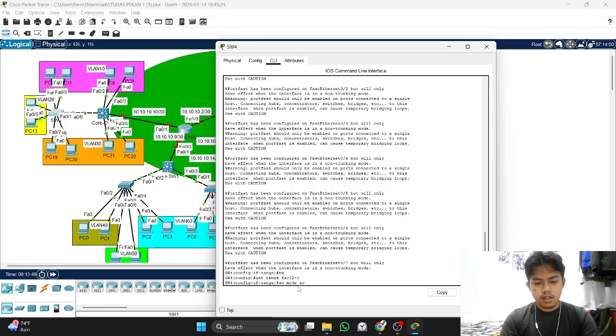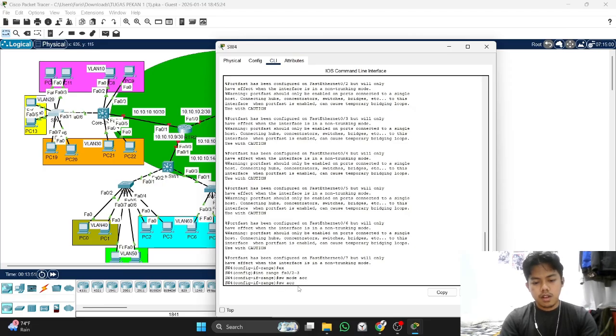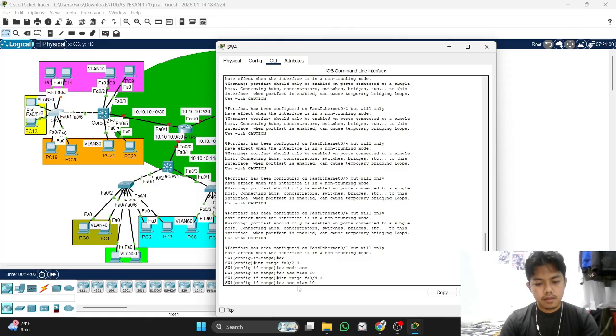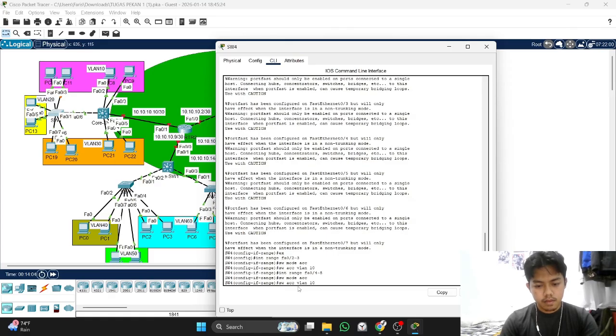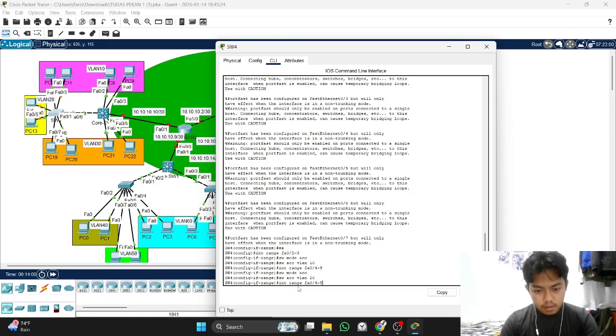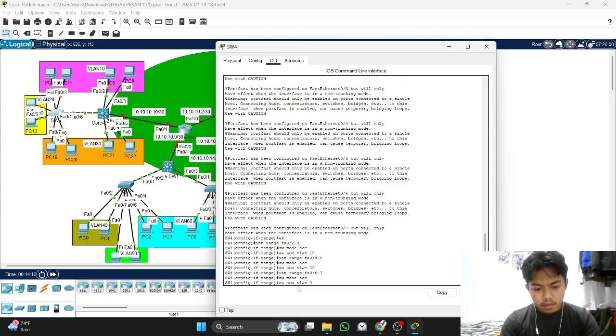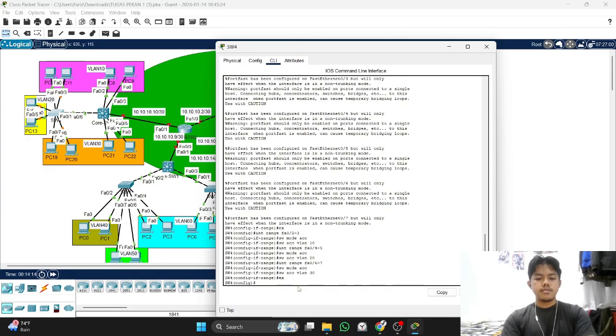Switchport mode access. Switchport access VLAN 10. Okay.